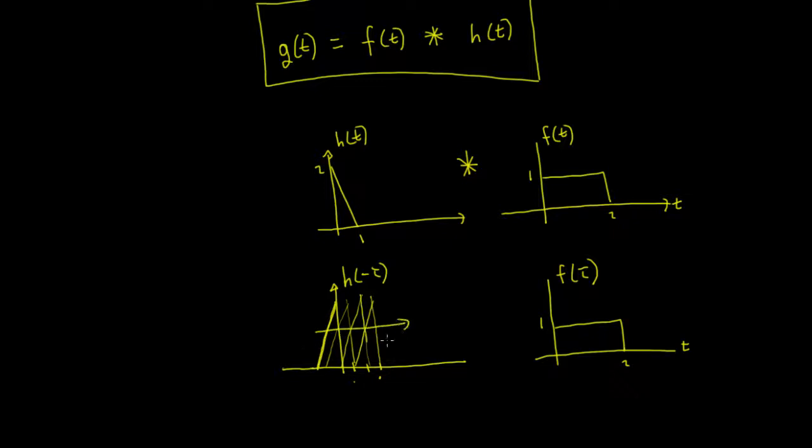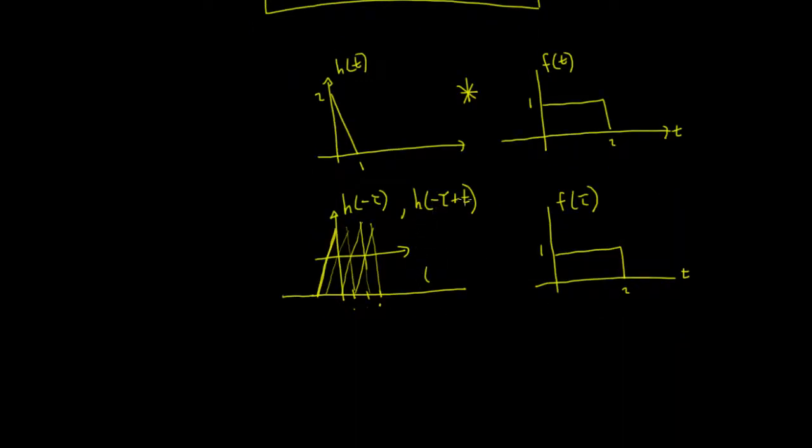In order to facilitate that sliding of the function along the axis, we're adding on the values of t. So we could rewrite that as h of minus tau plus t, and that would facilitate this sliding of the function along the axis. Of course, we rewrite that as h of t minus tau. So what we want to do is take this h of t minus tau and multiply